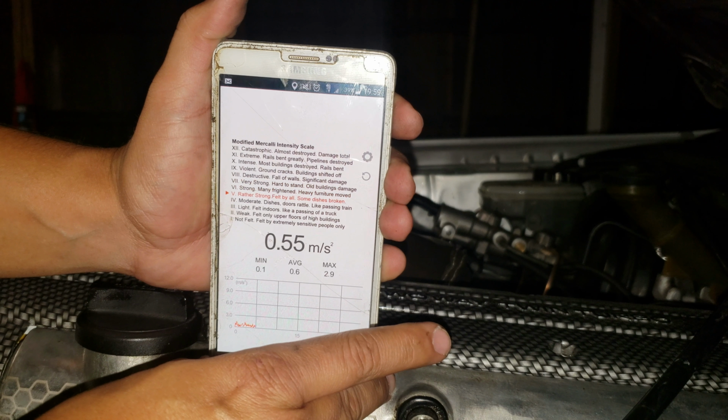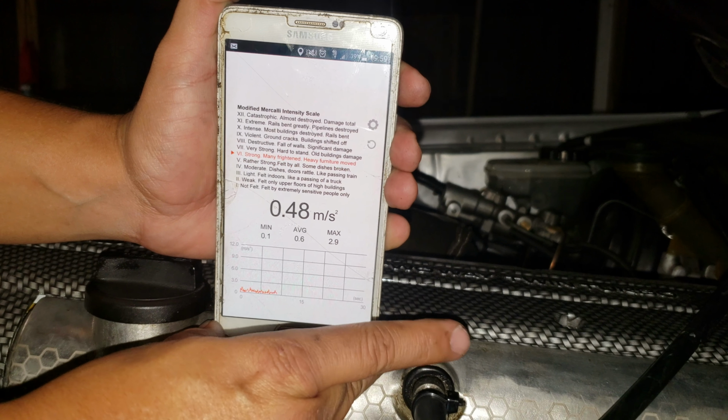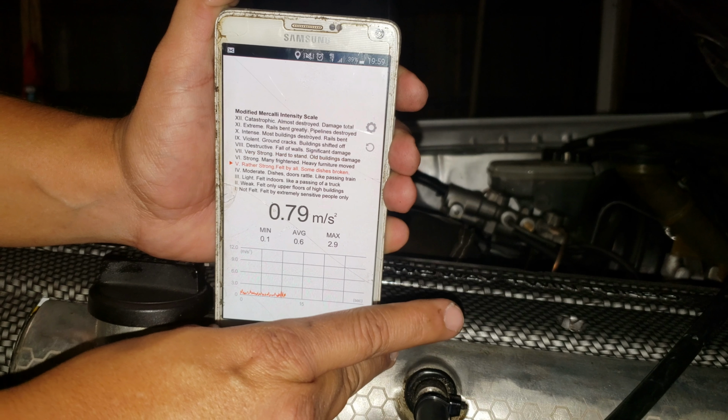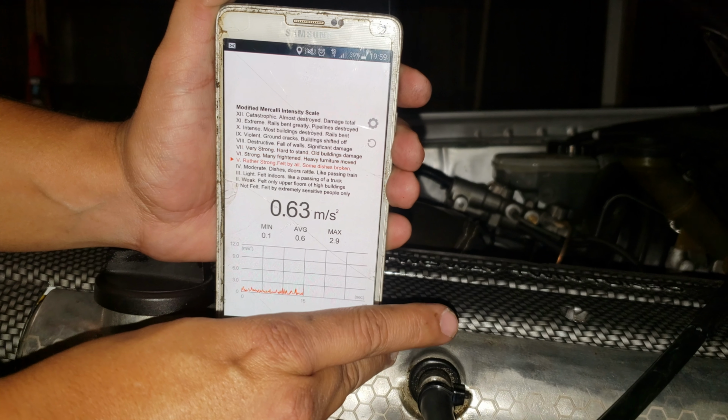So the average is 0.6. Average is 0.6. This is after the damper installed. Saying a 0.6, which is the average. Right? And then,